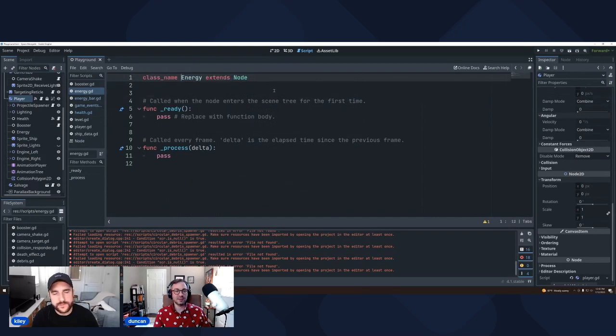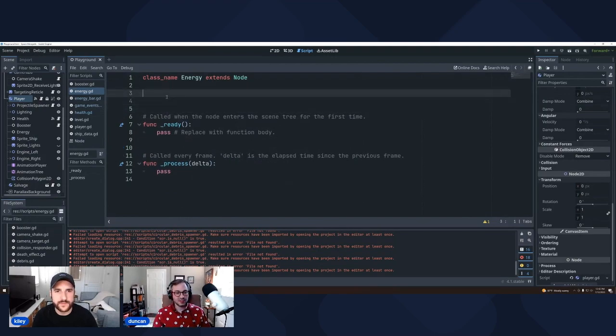It also helps for typing and all that, right? And if this thing is going to be in your 2D play space, like an NPC or something, you can extend it from Node2D, and then all of a sudden you get access to a few more things that a Node2D has. But since this is really just a data container and just does something, we're going to keep it like that. So, all right, what do we need?